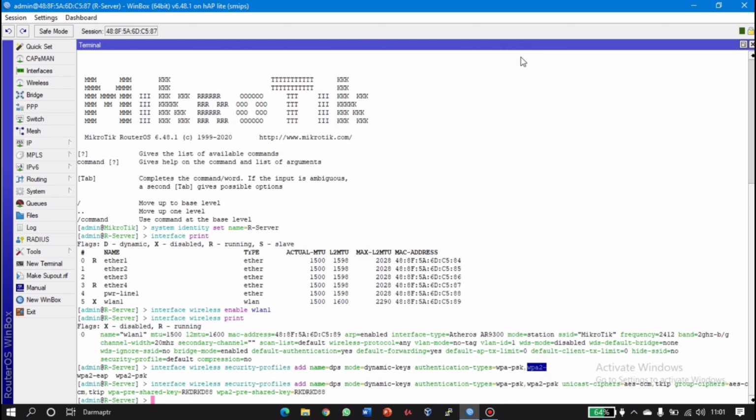Enter. Next, set WLAN 1, the command is interface wireless set WLAN 1